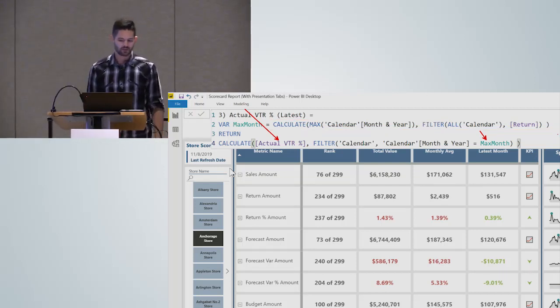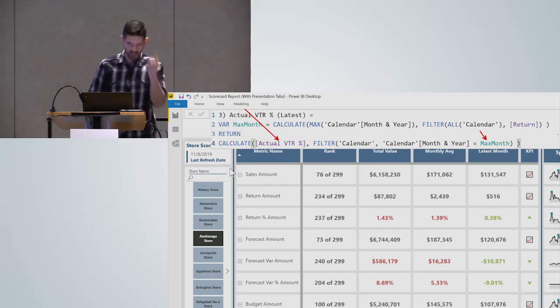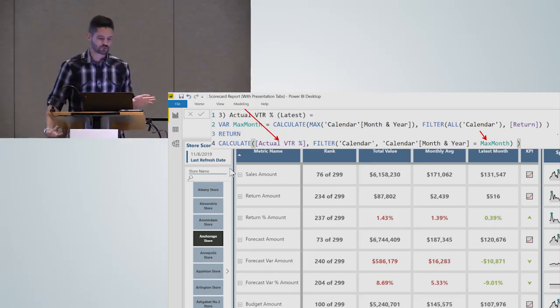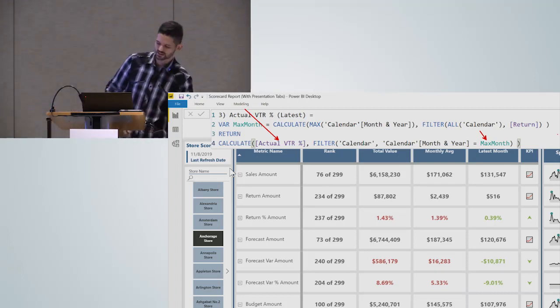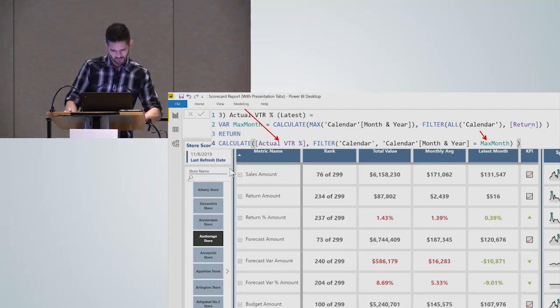So I can look at that and probably in 1 second now understand what this calculation is doing, versus maybe 3 or 4 seconds to have to read through the rest of it. So even if it's not actually helping with performance at all, it does make things a lot more readable. So that's reason #1 to consider using variables more often in your values. Go ahead and exit out of that.